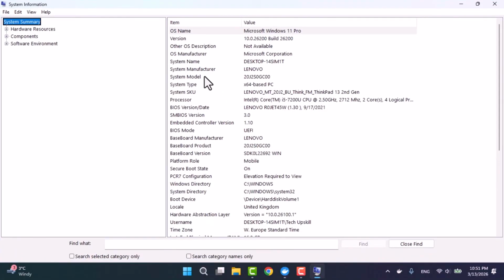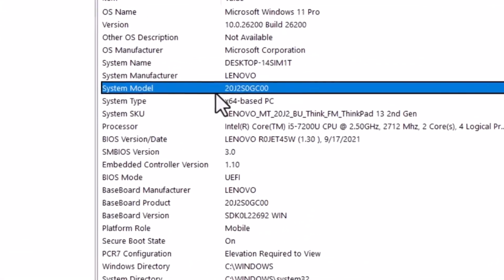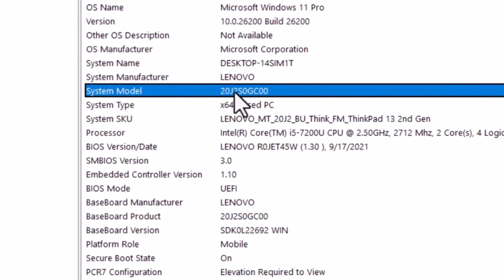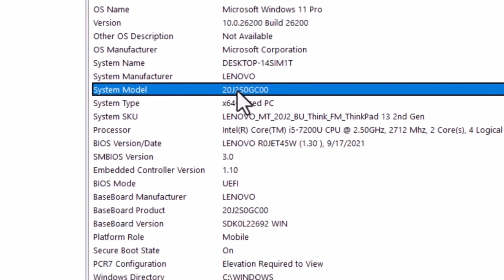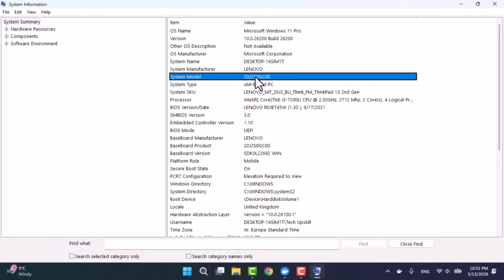In this window, locate the section that displays the system model. There will be a specific number or code associated with your laptop's model. Pay close attention to the first 2 digits of this number, as these typically represent the screen size of your laptop in inches. To confirm and gather more details, such as the exact display size and resolution, you can perform